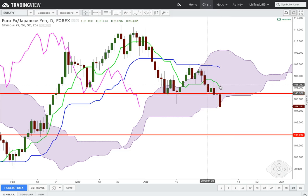And there's no reason for you to be taking long trades unless you're an experienced trader and you're scalping. But basically you want to be looking for shorting opportunities, for chances to take short trades. And the opportunity has arisen now because you closed outside of this Kumo. So we want to see what the market's going to do Sunday when it opens up. We want to make sure that it opens up. We don't really want to get into the trade